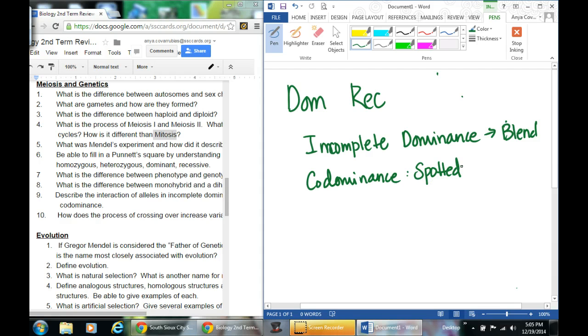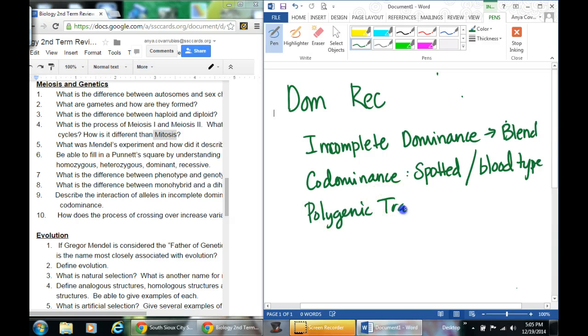So codominance would be like a black mom and a white dad chicken that reproduce, and the chicken comes out spotted. Or blood type. Blood type is also like this. I've done a Punnett square in a different video that explains how that is codominant. Then we have